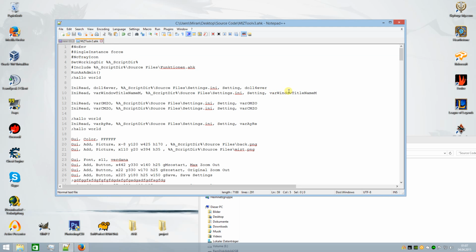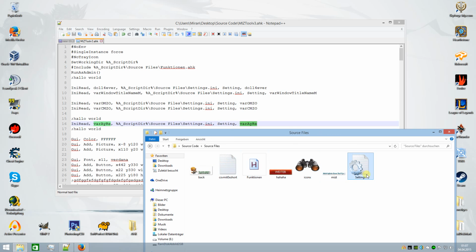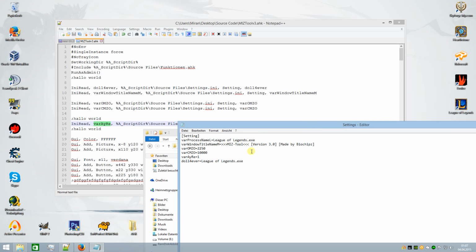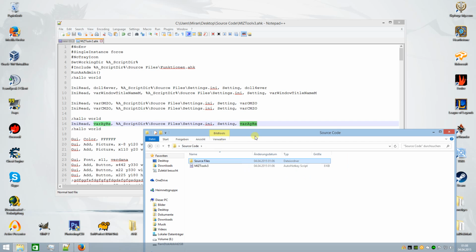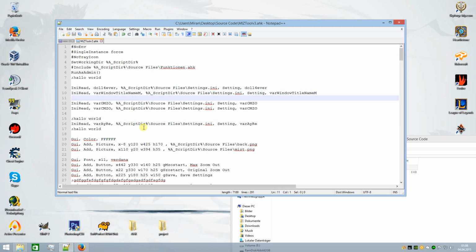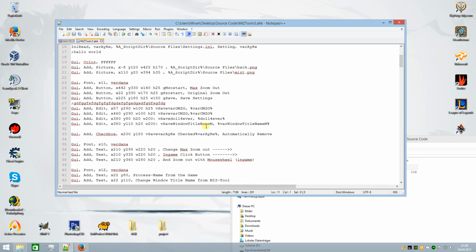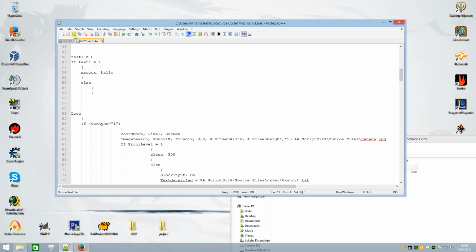And don't forget, you can rename this variable too, this here, and this here. And if you rename these variables, of course, look at source files, at settings, and just copy and paste the information to the renamed variables that you changed here. Next we can do, let's see, okay, these are very basics. Yes, okay, so let's save it after you've done it,